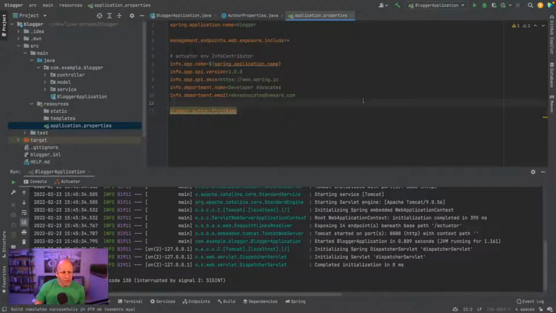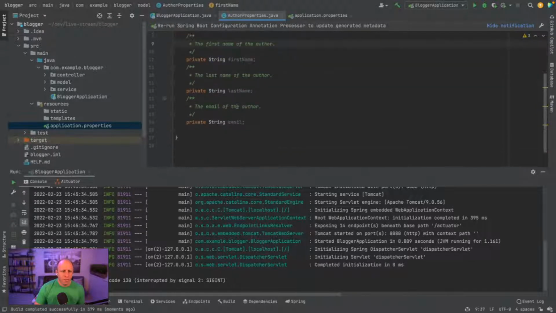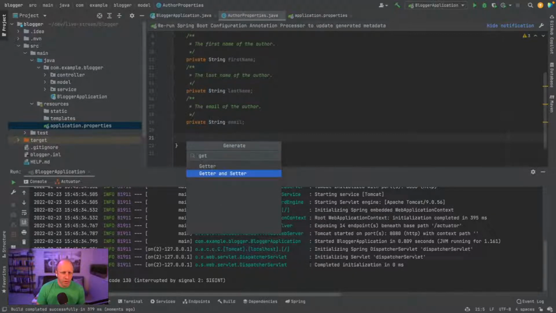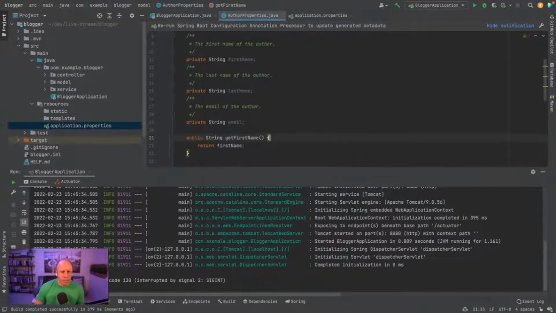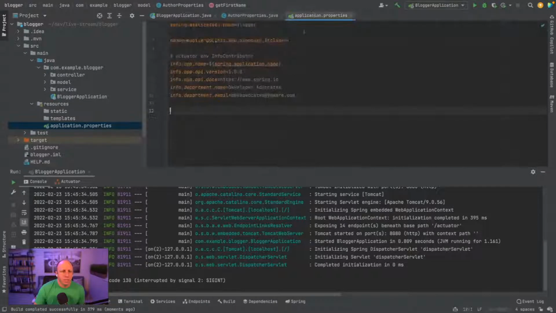I don't know why I'm not getting... so at configuration properties, blogger.author. We have this, might help. So I probably need to set up some getters and setters. That's probably why I'm not getting any assistance. Okay, so now that I have getters and setters, I should be able to come in here and say blogger